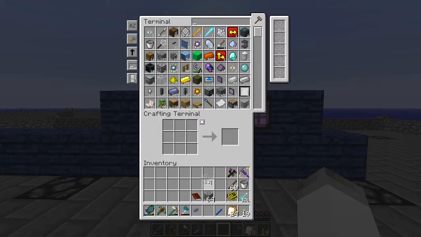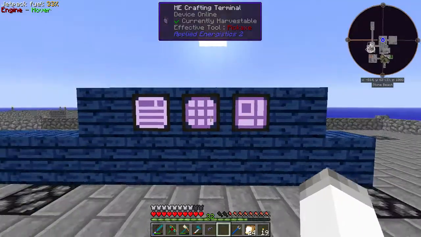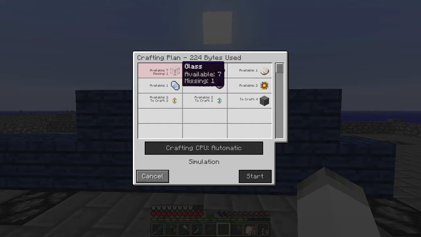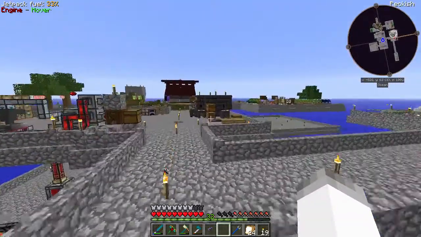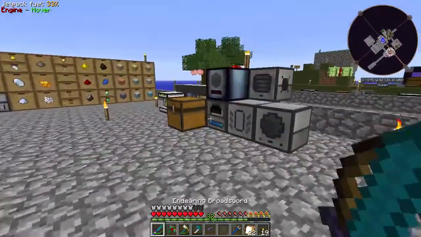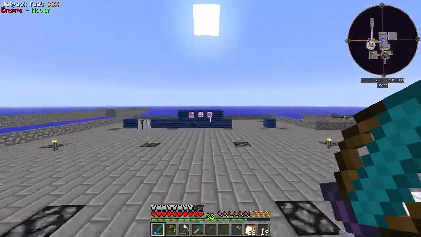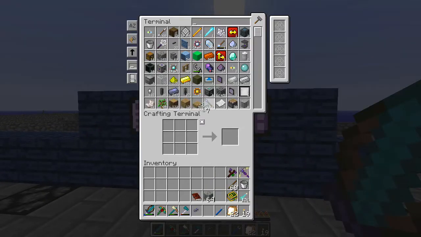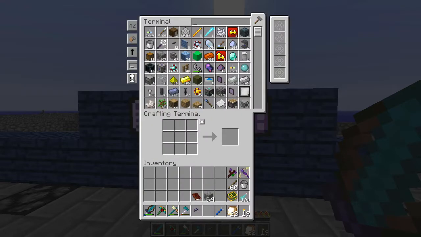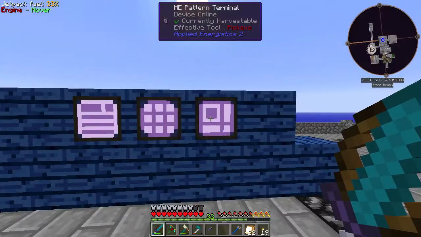So it's pretty easy. We're going to just basically teach it 2 recipes. Let's do this. Let's get 4 more interfaces. We need 1 more glass. It's pretty easy to teach it how to make these pure Certus quartz. So we should be able to make 4 interfaces. Perfect. And it'll get crafting on that. So first things first, let's teach it how to make